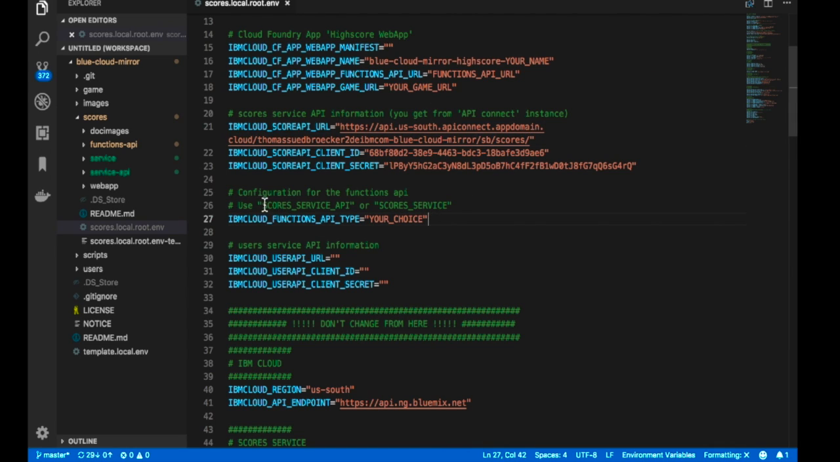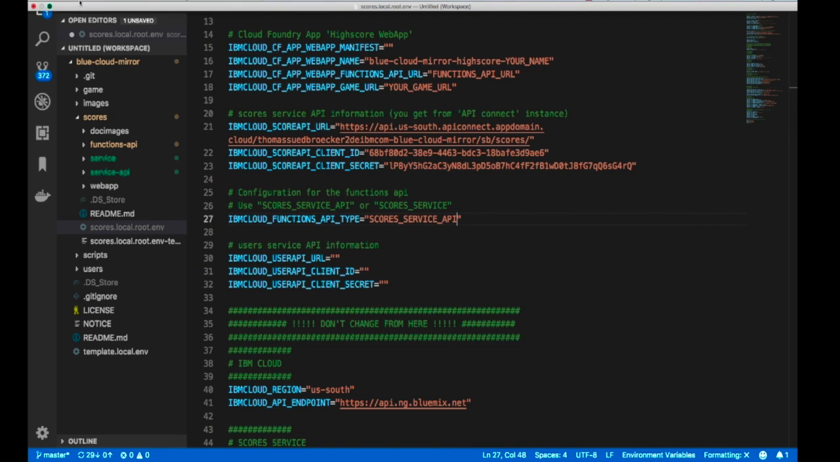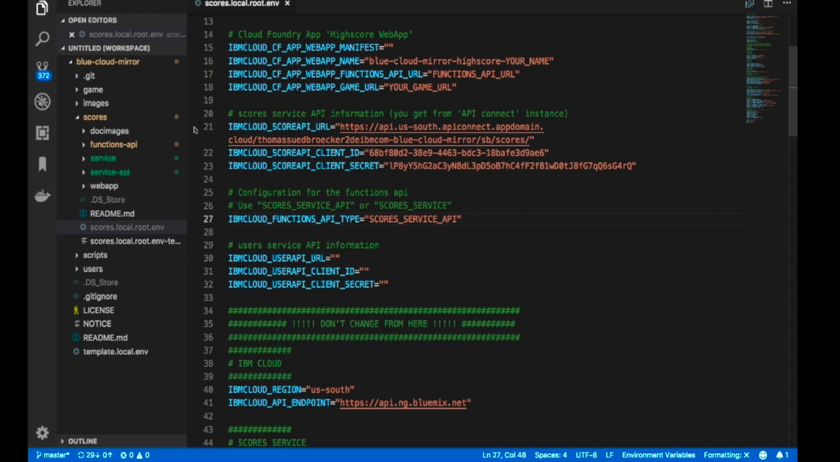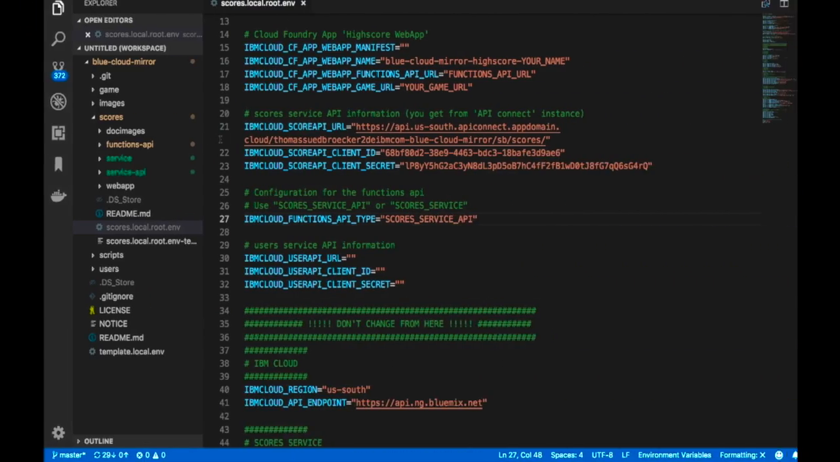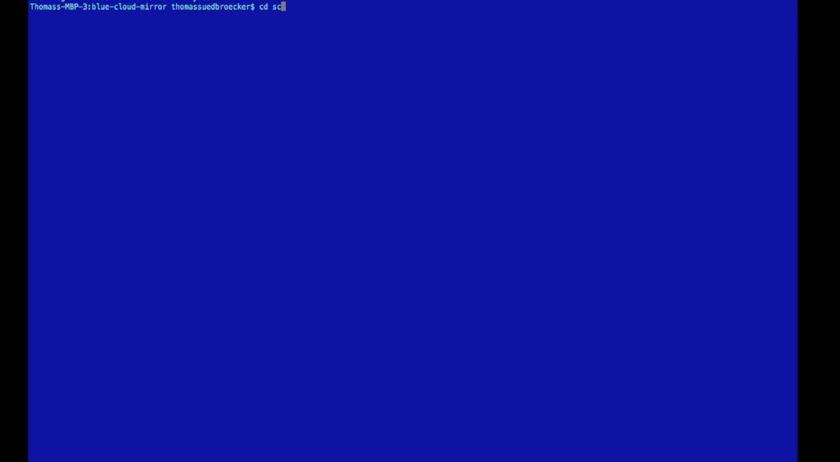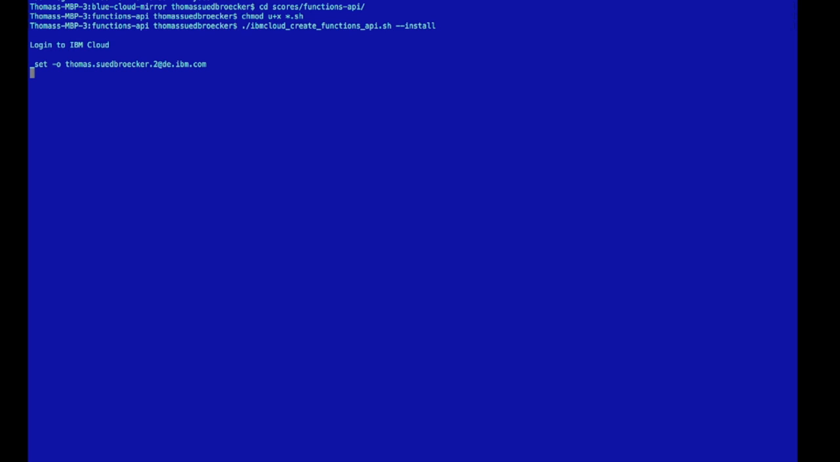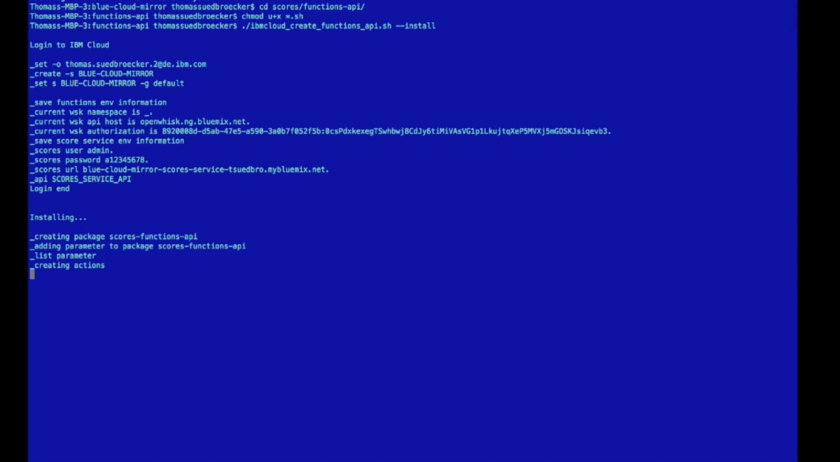We have to ensure that the environment variables were set right, and especially in this case we have to choose which kind of setup we want to run. So we just insert one of these two options inside our environment file and save it. Then we have to start the bash script in the folder, enable it, and the bash script will set up